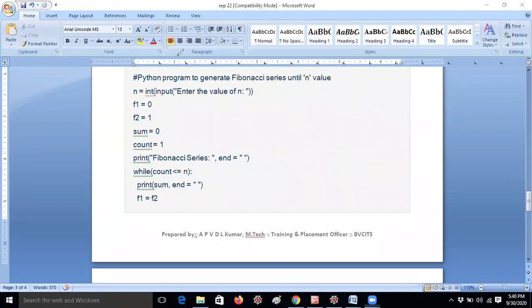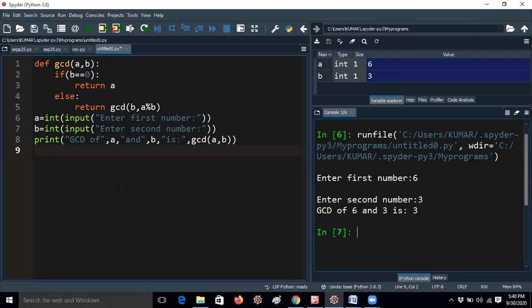But whenever you are doing recursion, you should follow one technique clearly. Here I'm writing a simple function called GCD with b comma a modulus b. Whenever b equal to 0, a is the ultimate answer. I'm giving a modulus b to check whether the number is divisible by a particular number. For example, 7 modulus 3 gives 2, since 3 twos are 6, remainder is 1. Then it checks again with the recursive technique. Let me explain, guys.